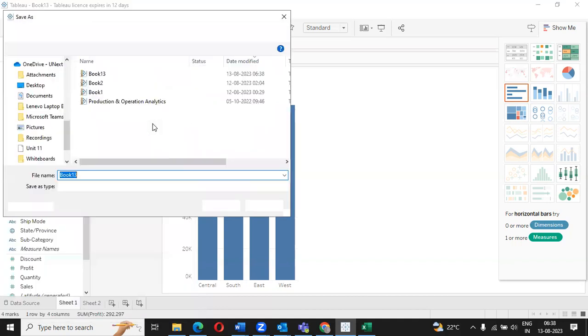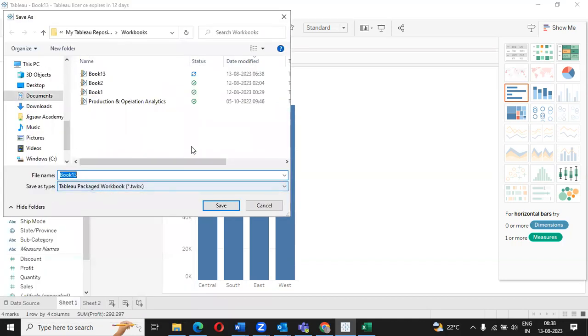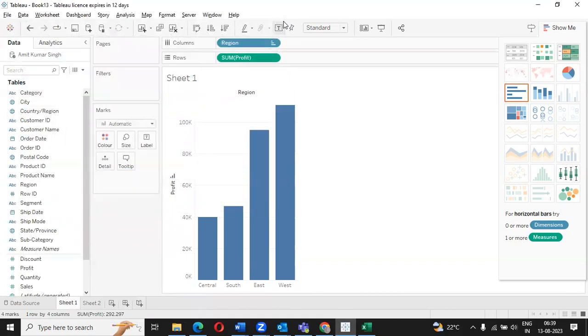So I just saved this workbook with the name Book 3. By default, it will save in my Tableau Repository workbooks. All my work will be saved there, and the extension of this is .twbx. Please remember, the same work I can do, I can also publish and store in Tableau